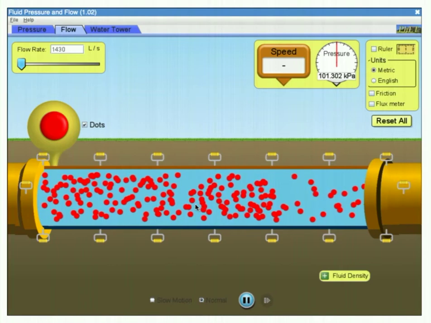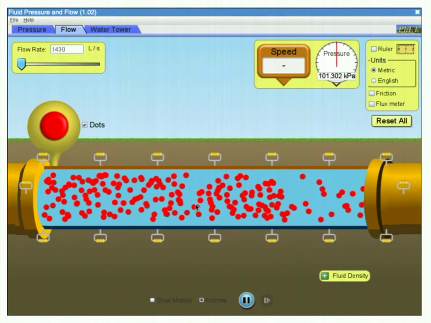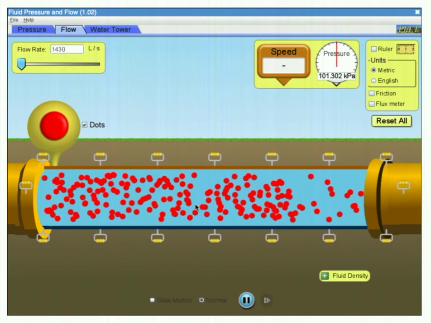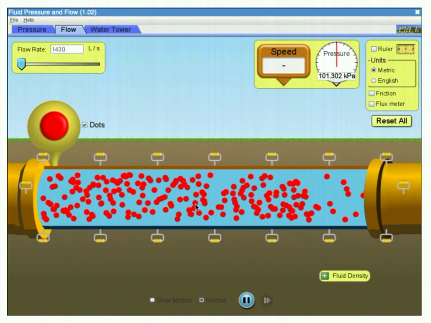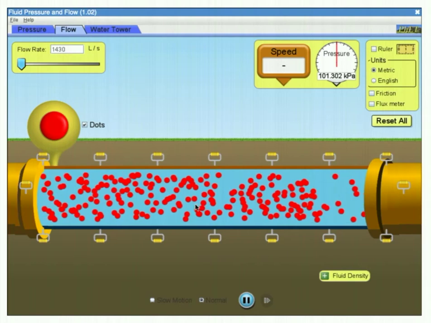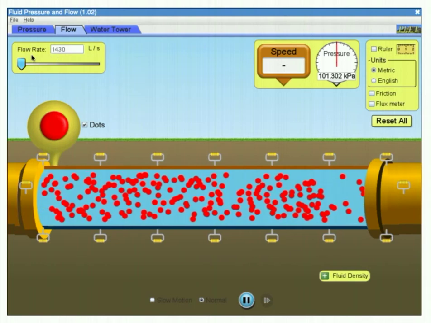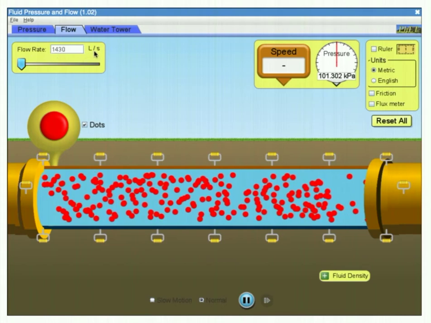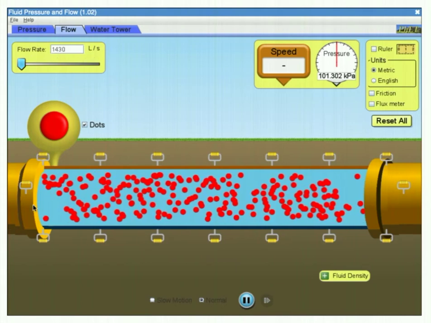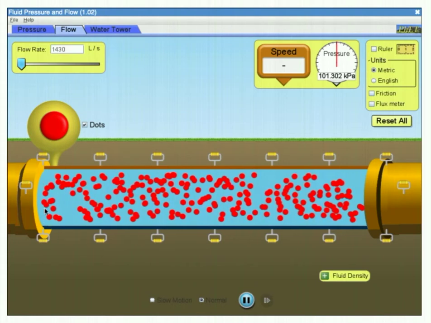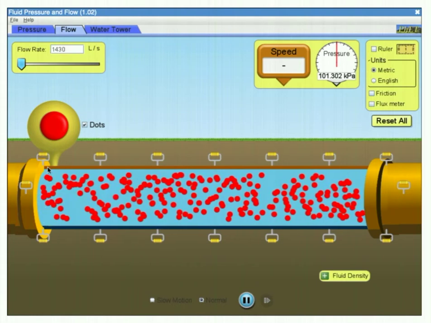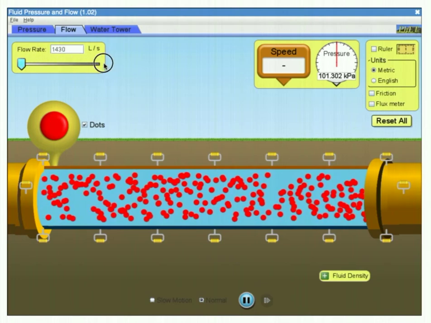This simulation is going to help us understand flow rate and how the area of a pipe can affect the rate at which liquid passes through a pipe. So here, if you look up here, the flow rate is measured in liters per second. What you're calculating is how much volume passes by the edge of this pipe each second. And if we increase the flow rate,